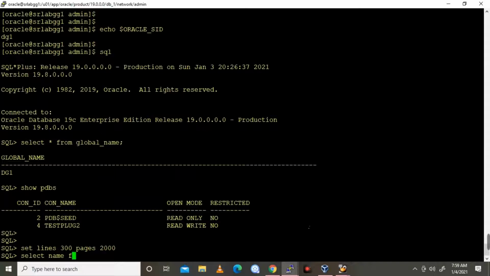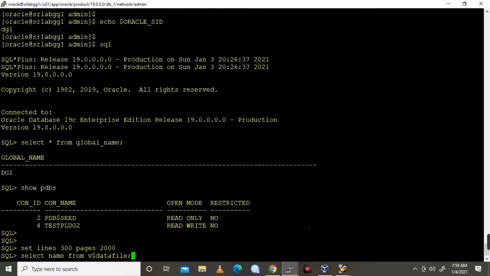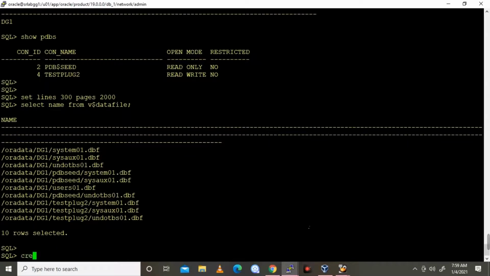Okay, come out from this container, I mean this database, and I'm going to plug into the DG1 database container. I'm going to plug in this OGG source PDB.